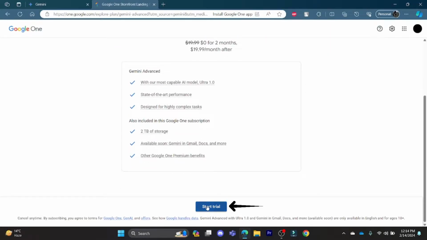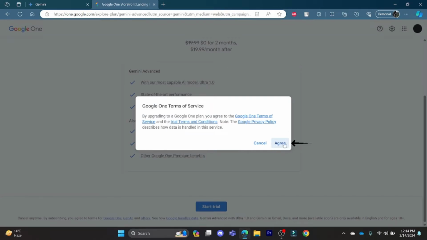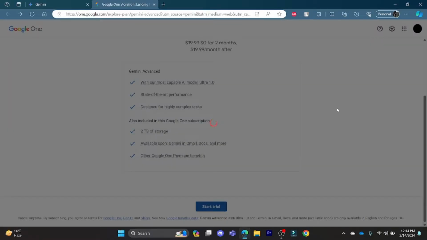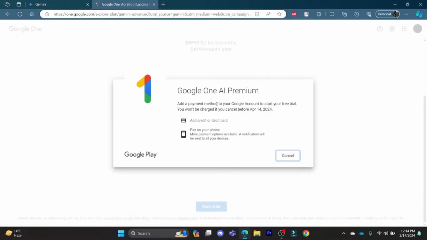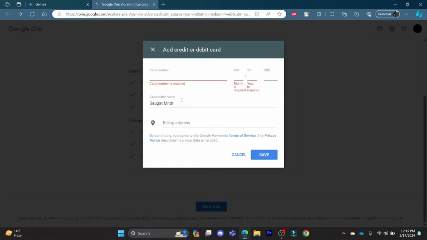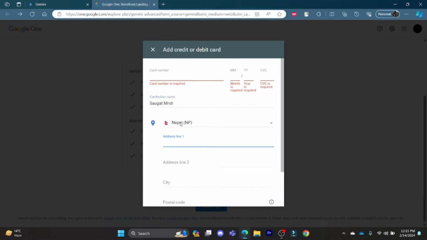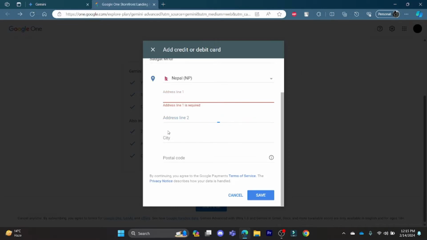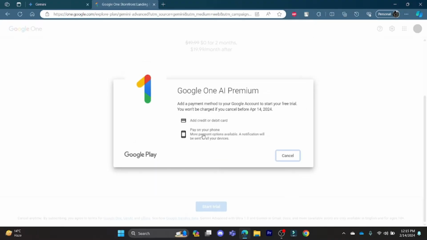Click on Start Trial. After reading all of these, tap on Agree, and then it will lead you to this page where you can pay with two different options, either credit debit card or pay with your phone. If you tap on Add Credit or Debit Card, you can go ahead and enter your credit or debit card details, the month, year, CVC, your name, card number, billing address, city, postal code, and everything. After all of this is done, you can press on Save and then you can pay it with your credit